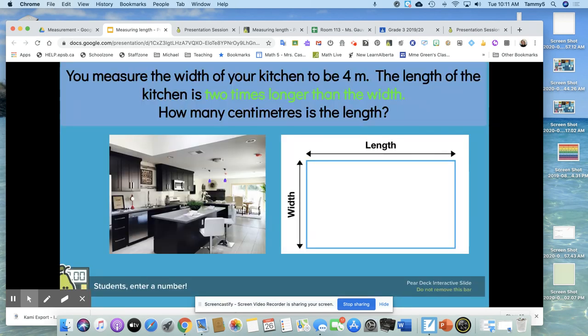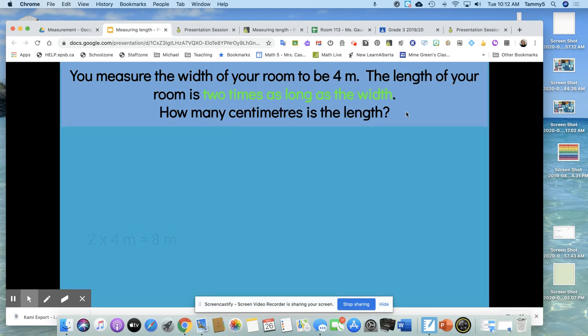Question 3, you measure the width of your kitchen to be 4 meters. The length of the kitchen is 2 times longer than the width. How many centimeters is this length? So in this question, we have to do a couple of things first before we can just automatically switch to centimeters. First of all, we need to go back to multiplication. So it's telling us that the length is 2 times longer than the width. So what you're going to need to do is multiply 2 times 4 to get 8 meters, which is your